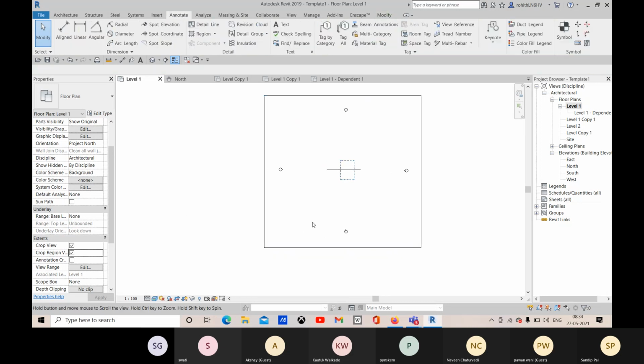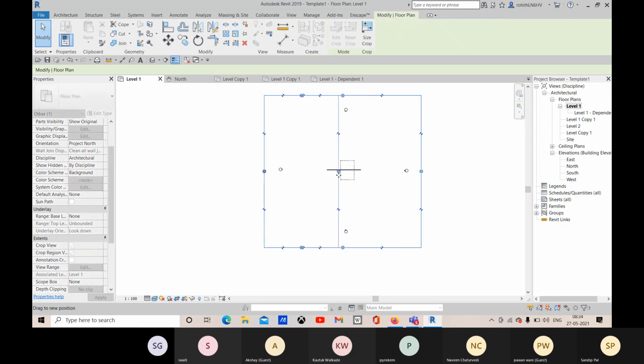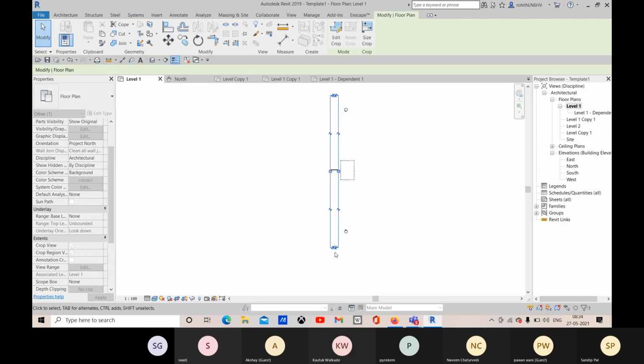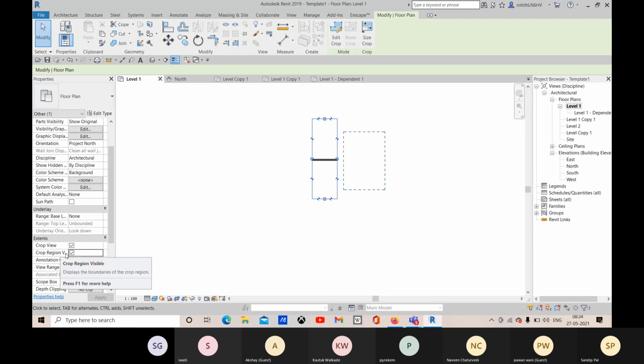Here also you can go with this, like this part will be visible, and as the dependent view is connected with that level one, when you turn on this crop region, that dependent crop region is also visible right now.